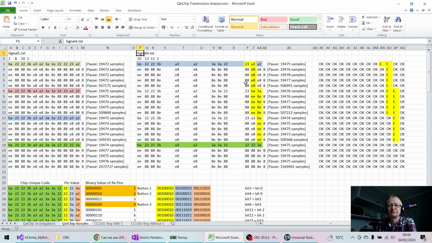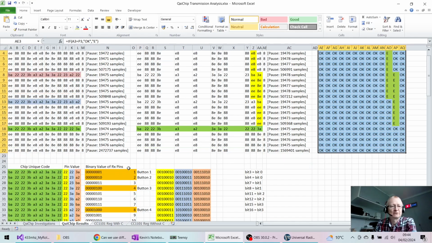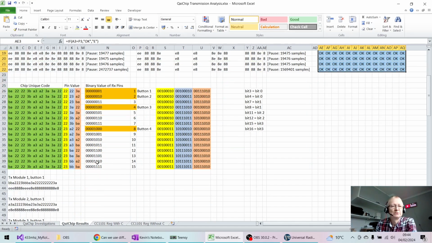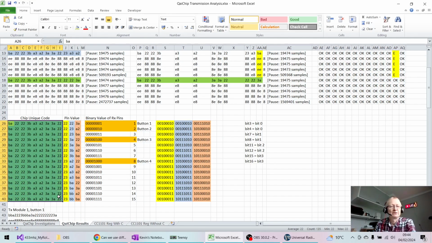And you can see I was doing this on different signals, and then looking to see where the errors or the changes lie, and then we get down to this level of analysis where we start to look at this. This is the unique code that the transmitter transmits initially, and the original QiaChip Rx will look at this code to validate it, to make sure it's definitely a bound transmitter before processing the last